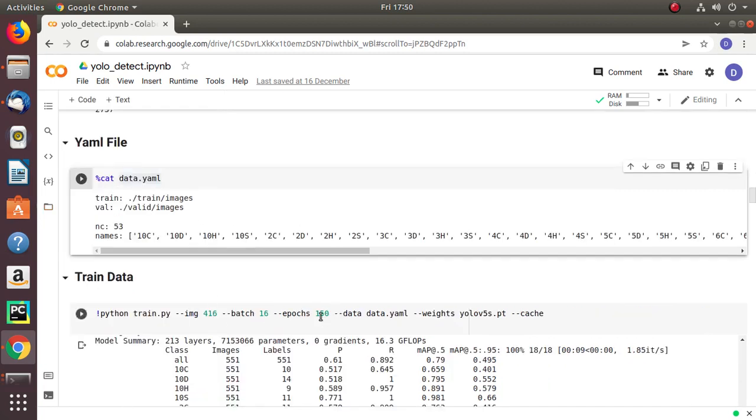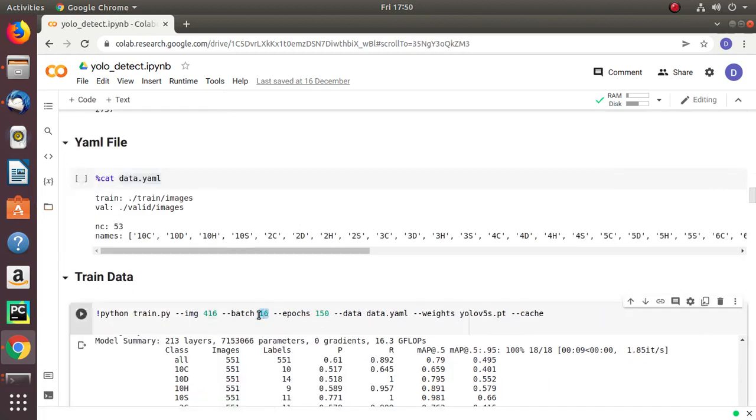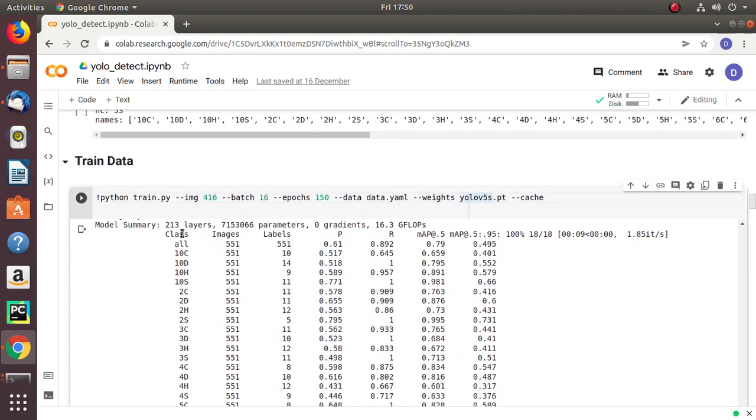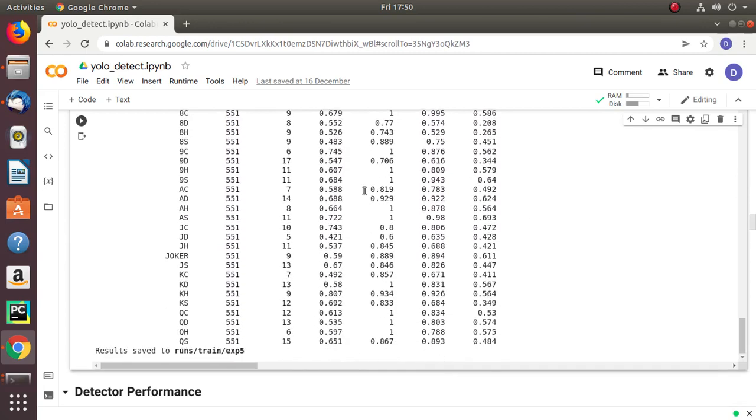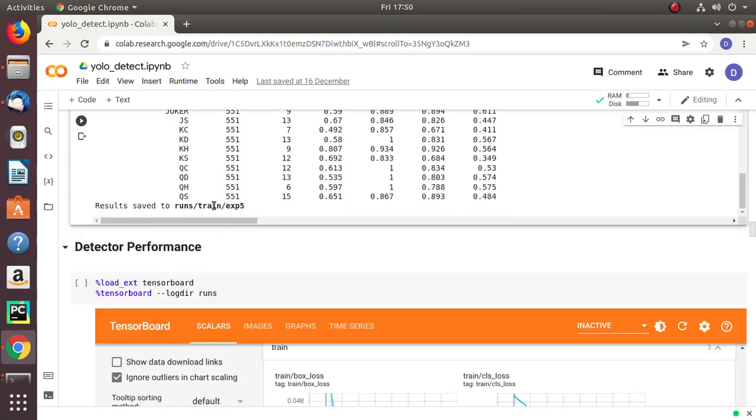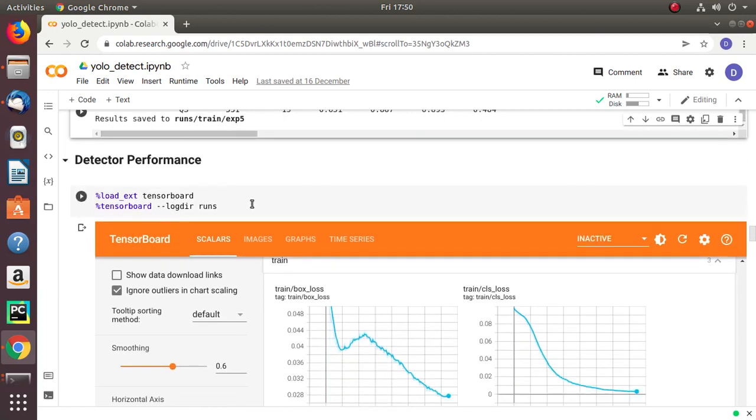We have used batch size 16 and the number of epochs is 150. This is the .yml file. We have used pre-trained weights, and after training for the 150 epochs we'll get the results. The results are saved in this directory. We'll see our performance